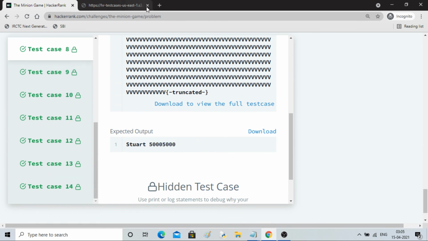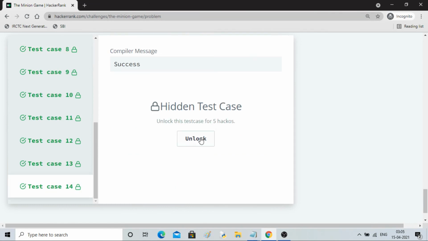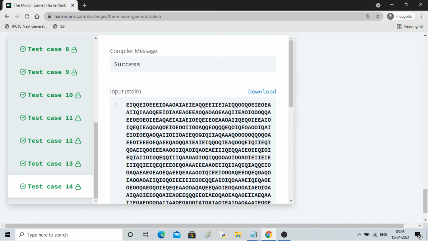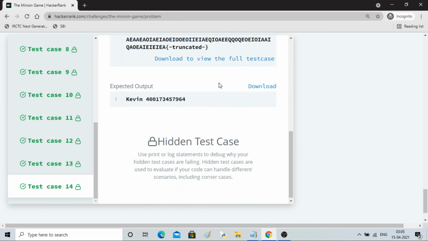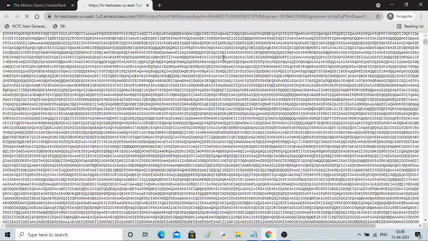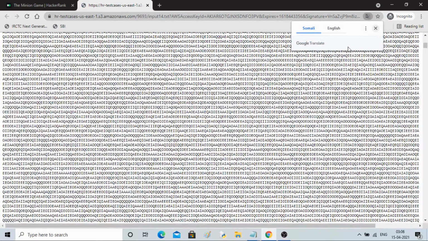Let's take another test case. This is truncated, right? So you can click here and you can see the full test case. 14 test cases were there. So you can see this E, I, Q, Q, such a long test case it is, and see how much it is scoring Kevin. So you can see that timing and space can cause you a lot of trouble. So this thing I came up with, I don't know how to teach you this.